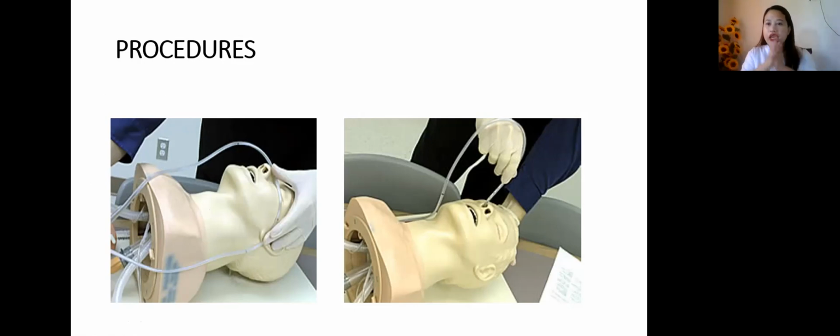Before measuring, make sure that you have already washed your hands and then wear gloves. After wearing gloves, and after explaining everything to the patient and positioning the patient, you can now measure. So how to measure? Always remember, when you are inserting the tube in the patient, remember